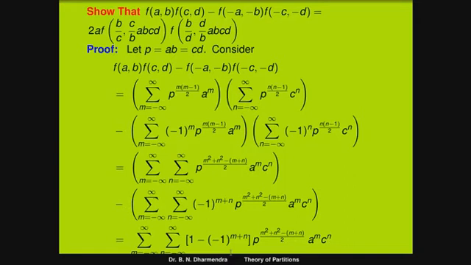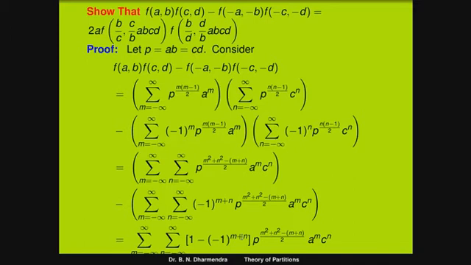Here the case appears: the term minus 1 to the power of m plus n is even or odd. Whatever the case, if m plus n is even, then the term becomes 1, that is 1 minus 1, that is 0. So in that case, if we choose m plus n even, the entire series will vanish out. So therefore we have to choose the terms with m plus n odd.